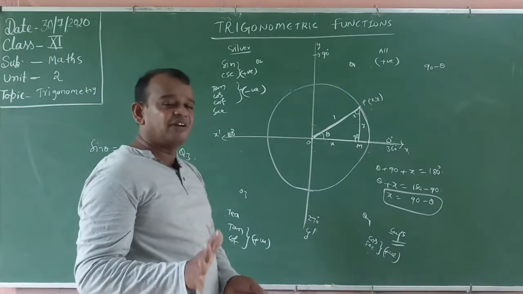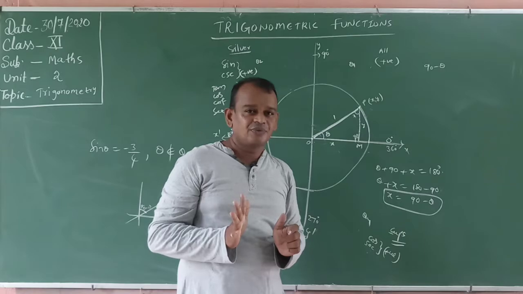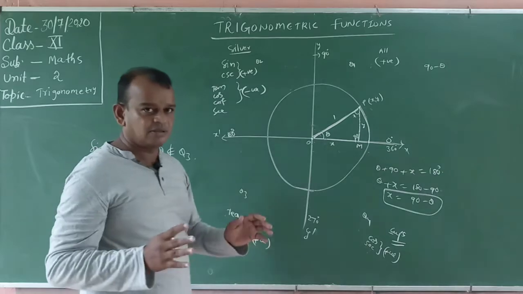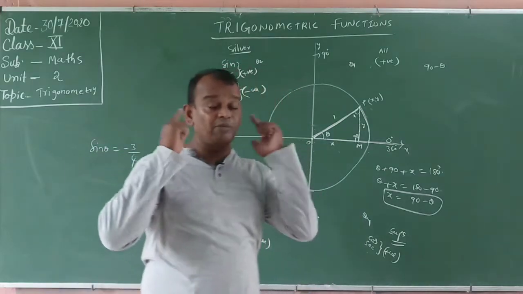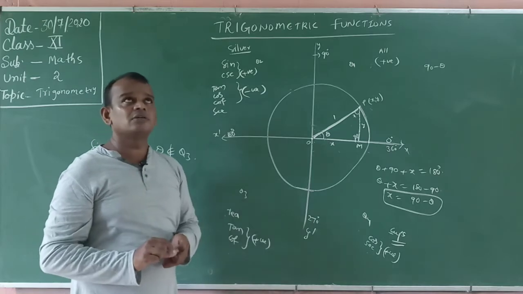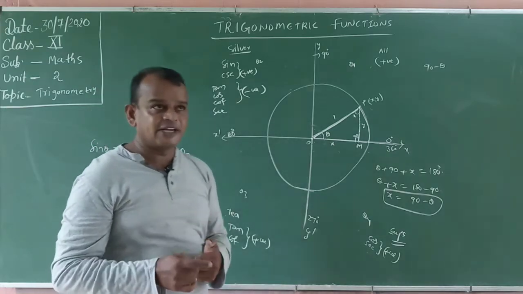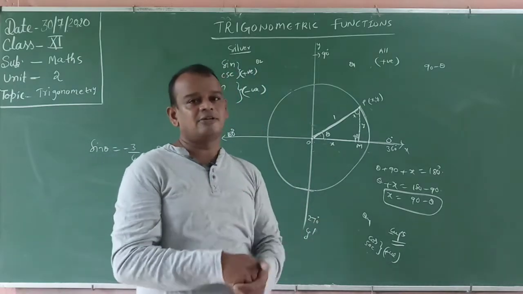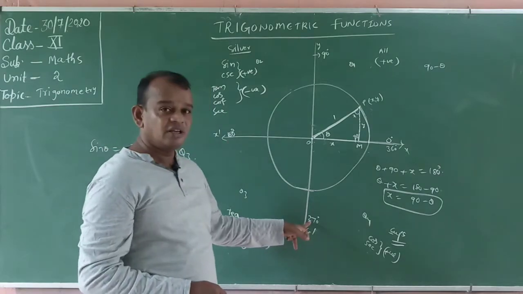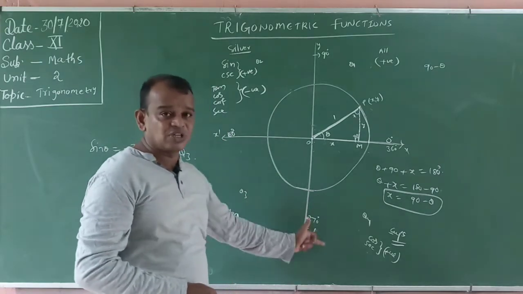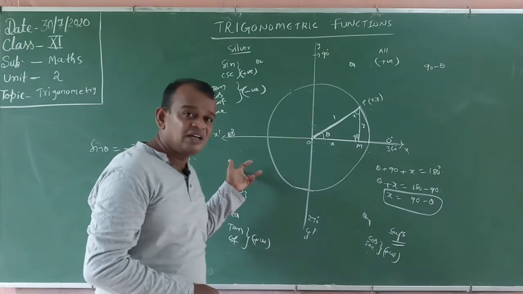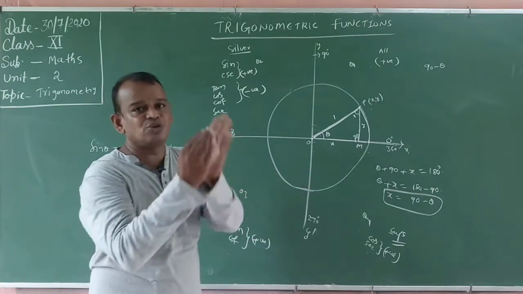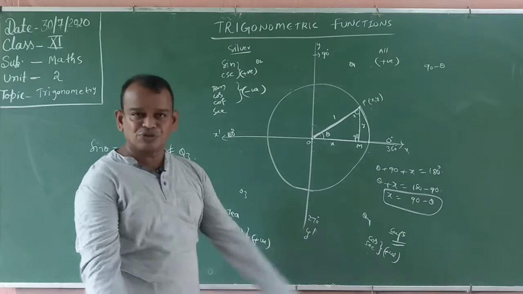Listen carefully, each and everyone, very easy. You remember, for suppose I am asking for 210 degrees, just find the value of sine of 210. Immediately your mind goes to 210. 0 to 90 is the first quadrant, 90 to 180 the second, 180 to 270 the third. 210 degrees means third quadrant, therefore the value lies in the third quadrant, 180 to 270. 180 plus theta, 270 minus theta. Why 180 plus theta? Means more than 180, less than 270, where theta is 100% an acute angle, lying between 0 to 90 degrees only.